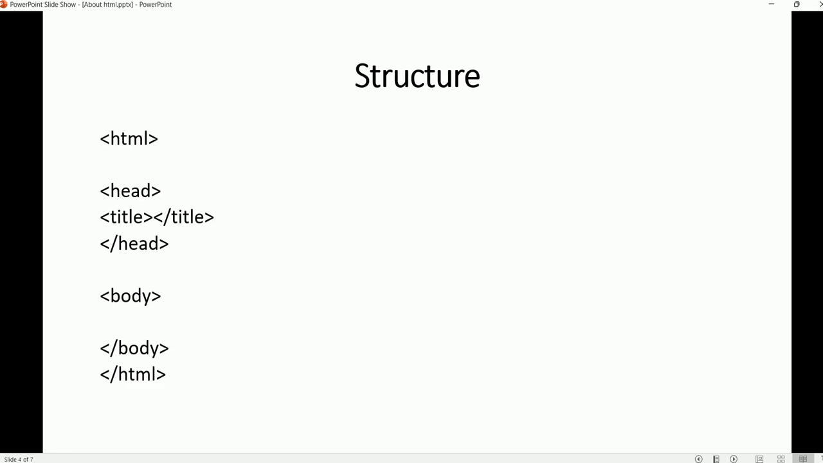Before understanding that, the structure: everyone knows the HTML tag and then the head tag. Inside head we have the title tag, followed by the body and the closing of the HTML. Now everyone is familiar with this. Here the head part is an optional part. Now why is it optional? Because